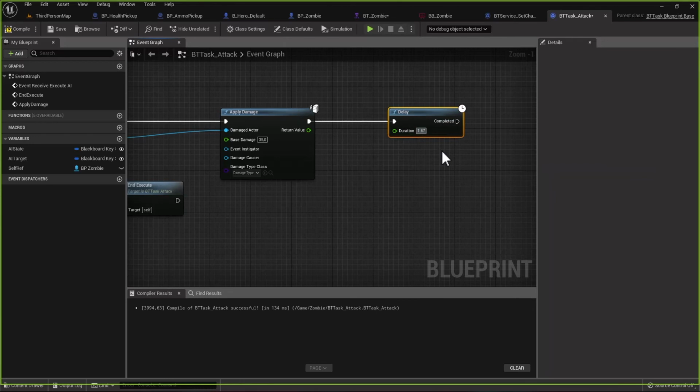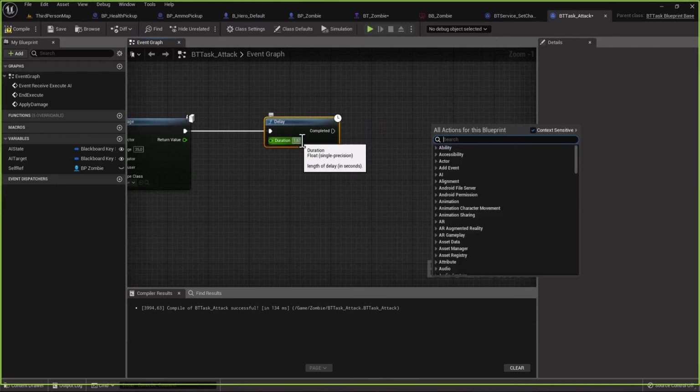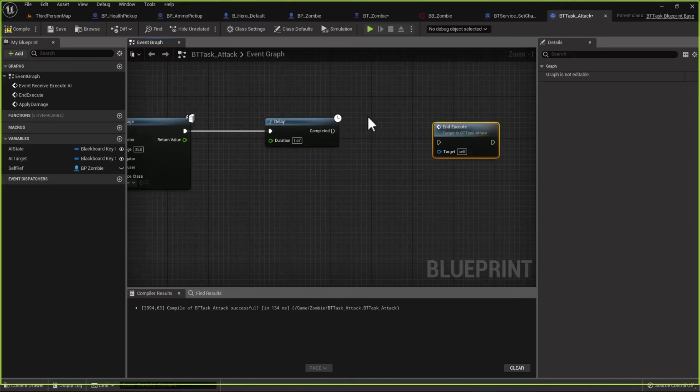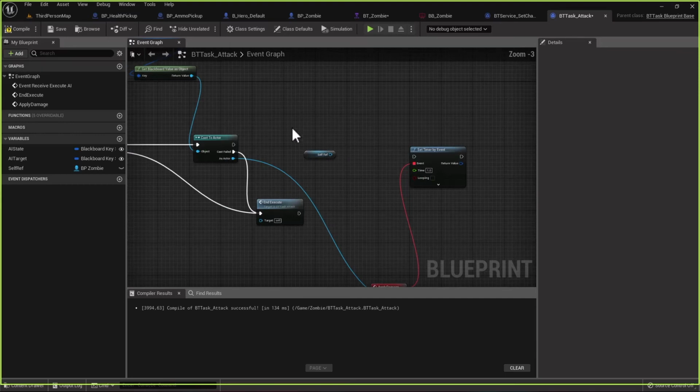I calculate this value for me. But you will see this with the animations of the attack. And here we can call and execute, but we need a new node here, like here. So compile, save,